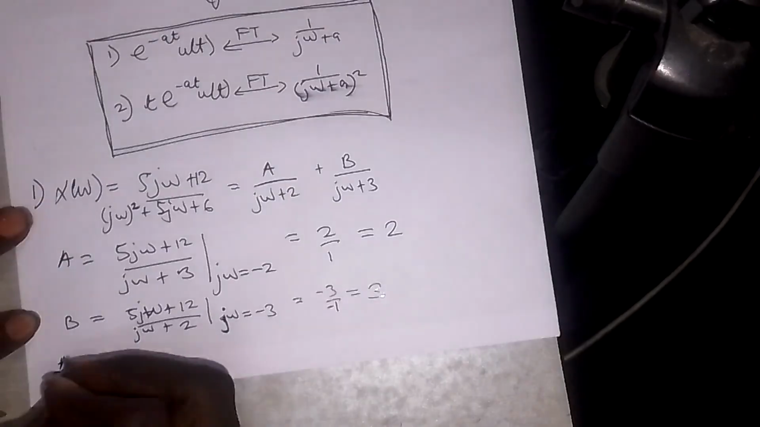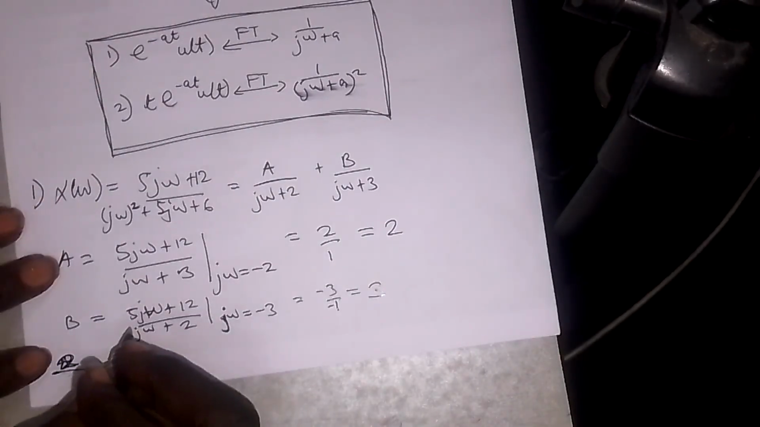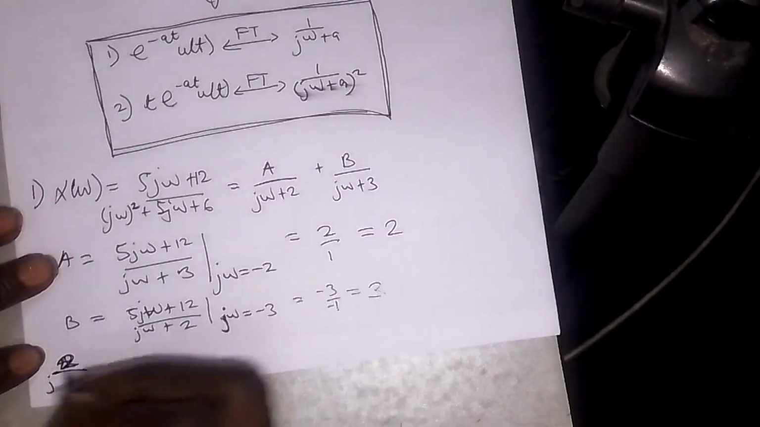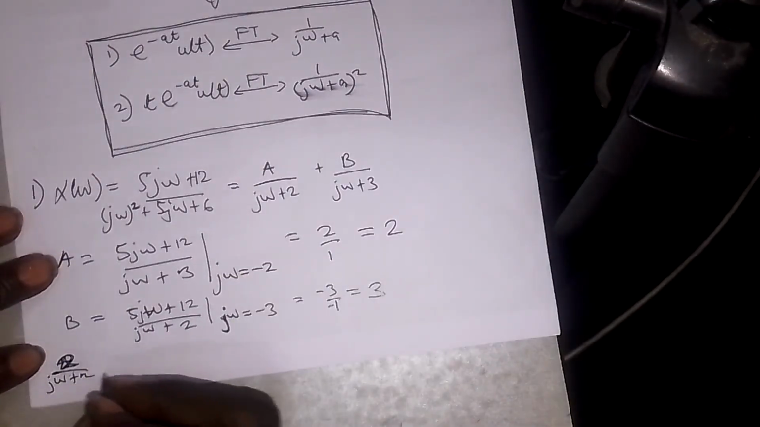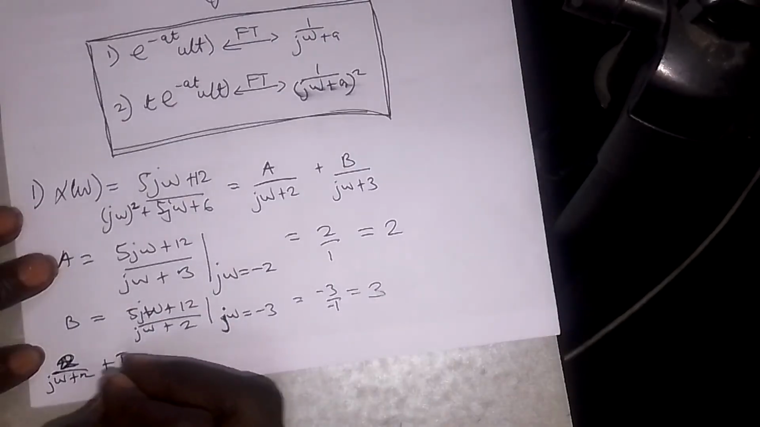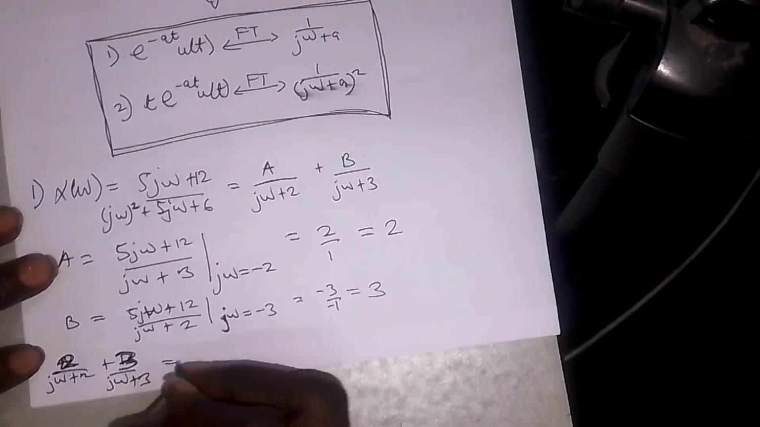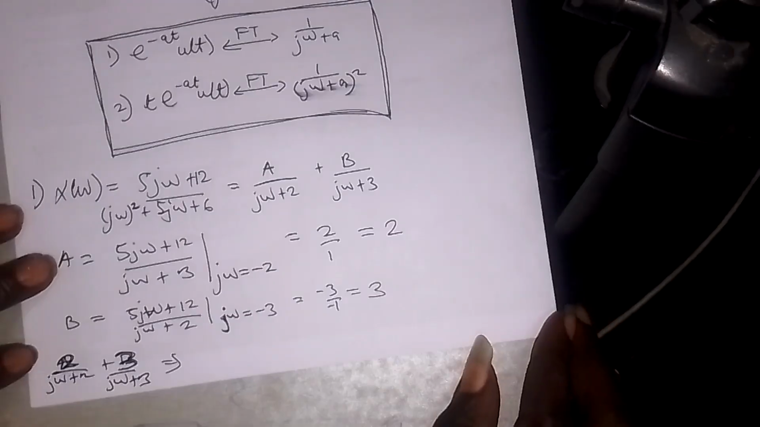So I'm going to have, A is 2, so I'll put 2 here. A is 2, so I'll have 2 over j omega plus 2. And then I'll have plus B. B is 3, so I'll put 3 here, over j omega plus 3. Okay. So if I take the inverse Fourier transform of both sides,